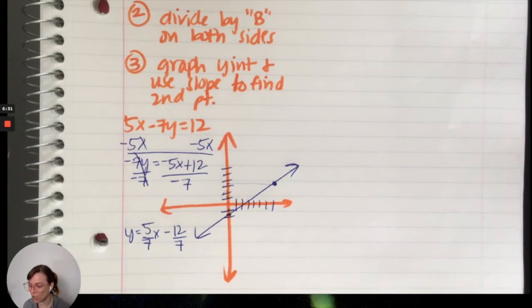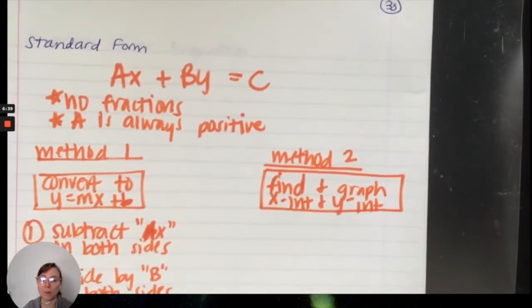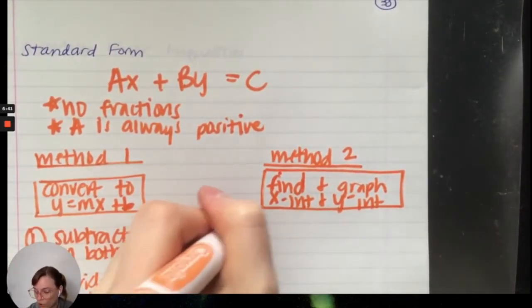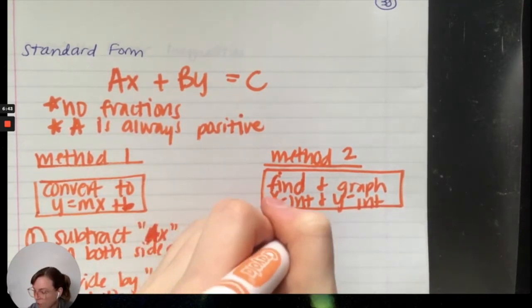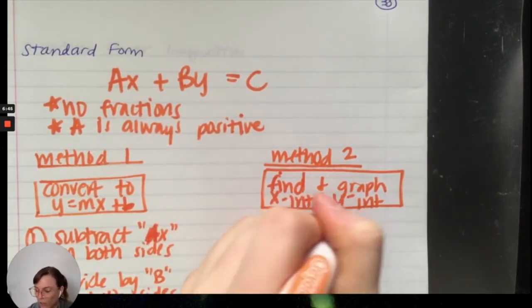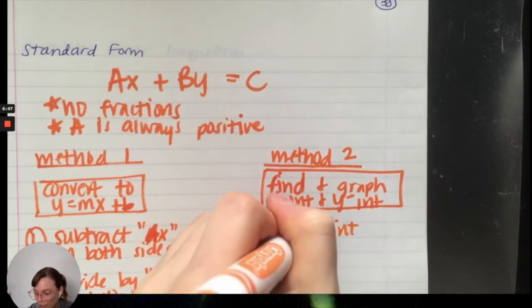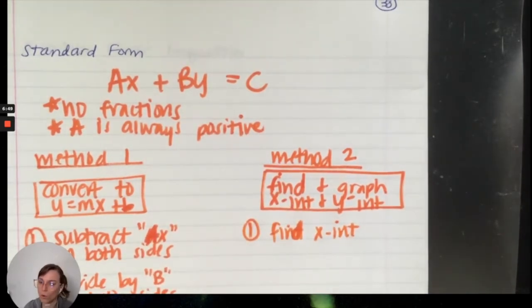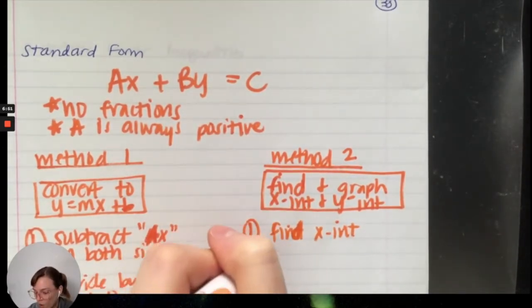And now let's go. So I guess before we move on, rate yourself from 0 to 10. How simple was this? Okay, now think about that as we go to method 2. So method 2, the first step is to find the x-intercept. You could find the y-intercept first. It doesn't really matter. I just did x first. Okay, so we are going to